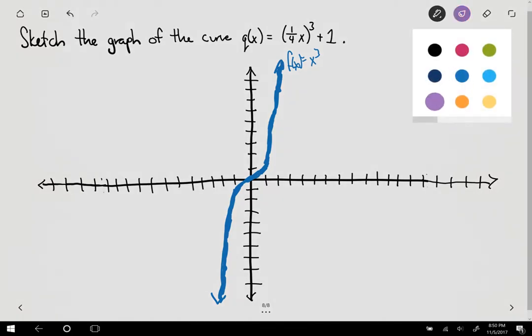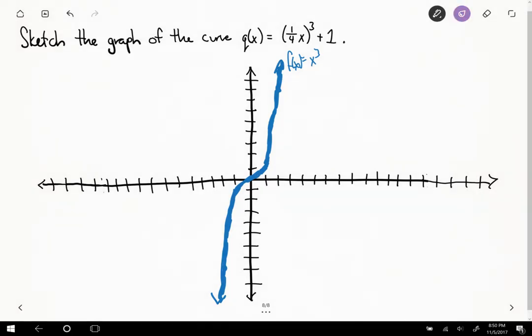Okay, so we want to do stuff to this, right? And so what's the first thing that we want to do? Well, we want to try and get this into 1/4 x cubed. So the way we'll do that is take f of 1/4 x, and notice that should equal 1/4 x, the quantity cubed, which is exactly what we want. Now what does this do? This becomes a horizontal, notice our c values between 0 and 1, and it's on the inside of parentheses. This is the horizontal stretch